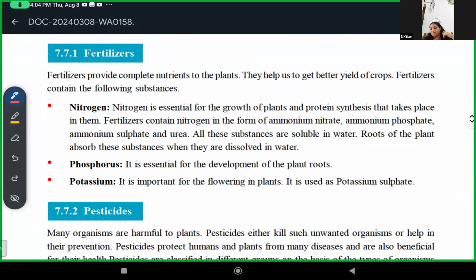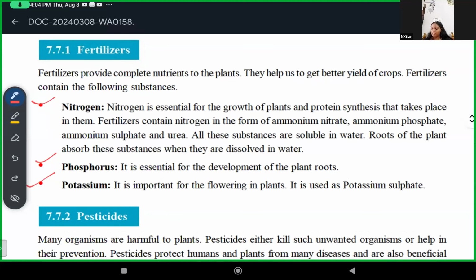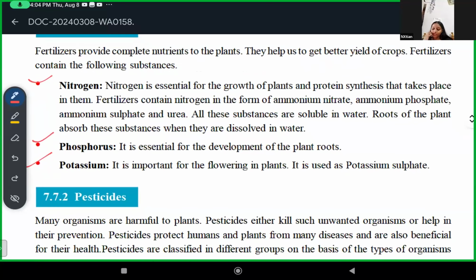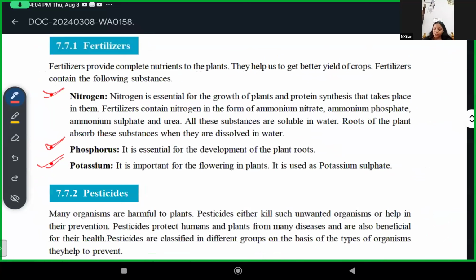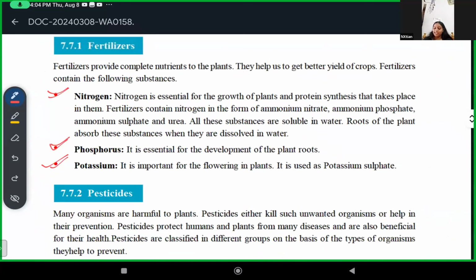They help us to get better yield of crops. Fertilizers contain the following substances: nitrogen, phosphorus, and potassium. We know that we put fertilizers in the soil so that the plants get better growth. Now, these are the substances which are there in fertilizers: nitrogen, phosphorus, potassium. Let's see how they are important for the growth of the